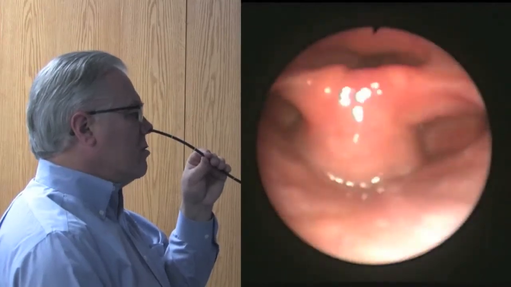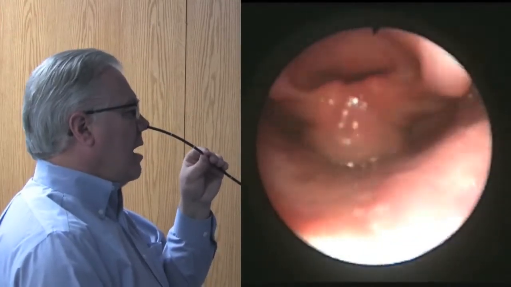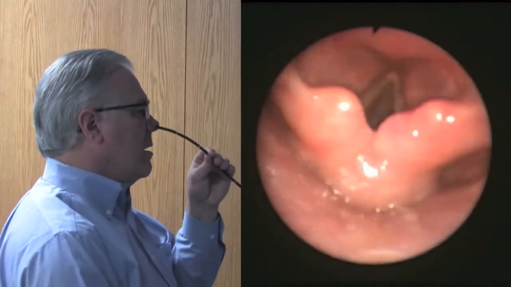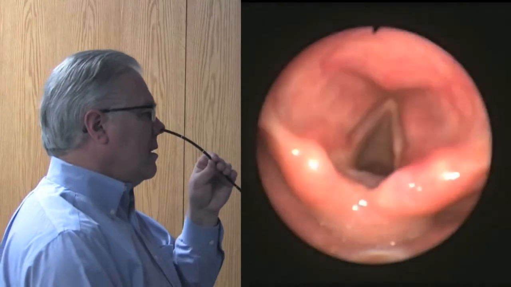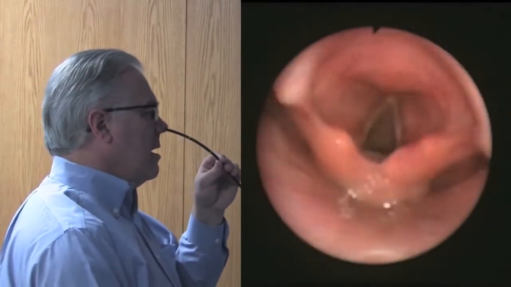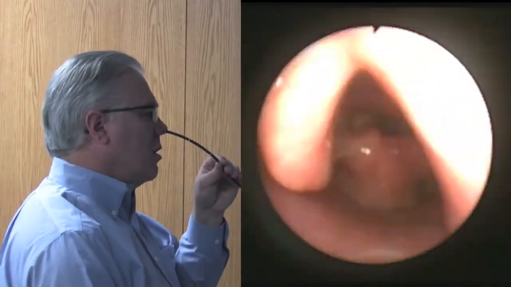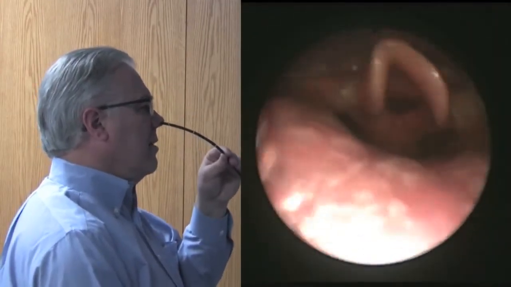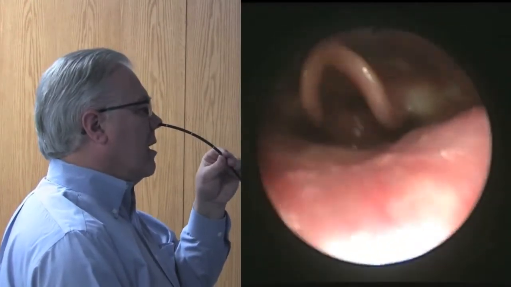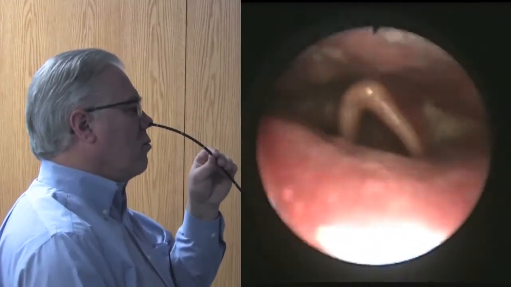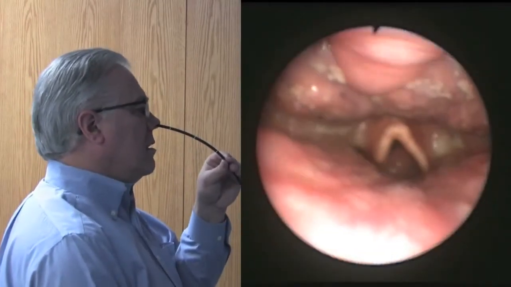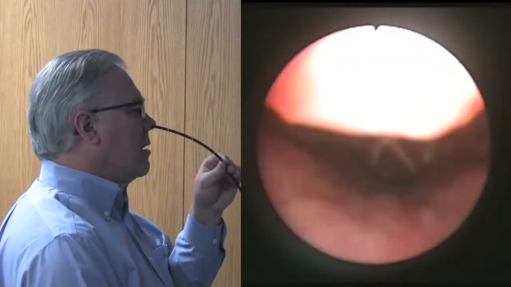Between them, the interarytenoid fold, the aryepiglottic fold from the arytenoid cartilages to the epiglottis, the vocal cords between the two arytenoids, the false cords on top of the true cords, the epiglottis, in front of the epiglottis, the hyoepiglottic ligament with the glossoepiglottic fold, the right and left follicula with their neurovascular bundles, the lingual tonsil,